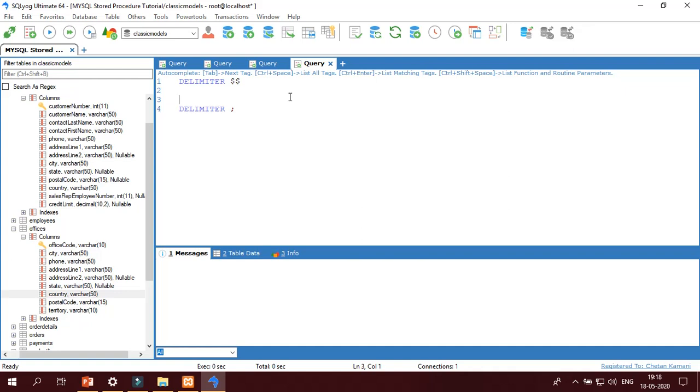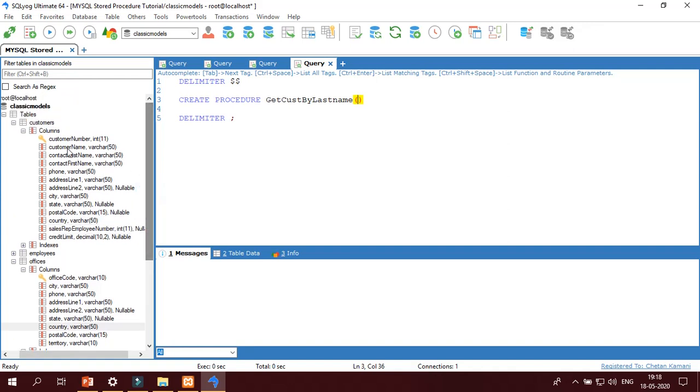semicolon. Okay, in between I have to write the procedure. Create procedure get customer by last name. So what do I have to specify? The last name of the customer in the customer table. So what is the data type of last name?